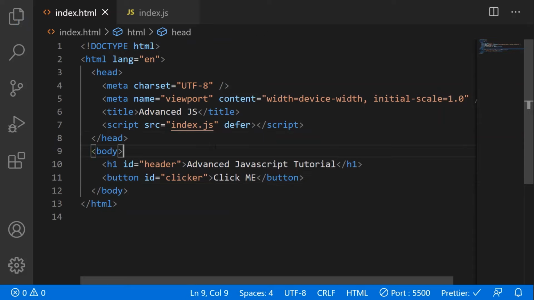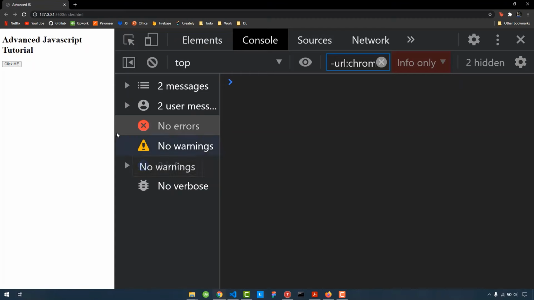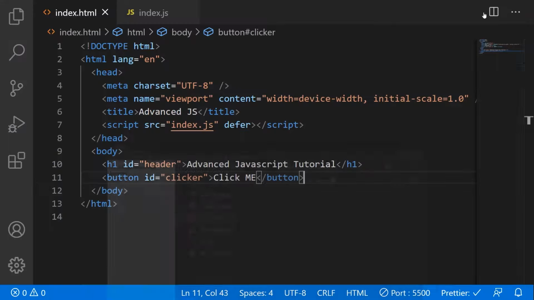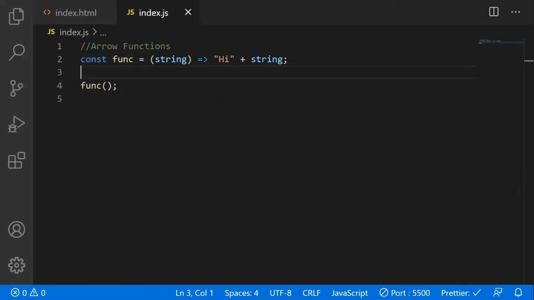Now what's next? Well, we have our two things. We go into our browser, you can see that we have an Advanced JavaScript tutorial header. And the script, we can click it, but what I really want to do is create a few things. So what you want to do is